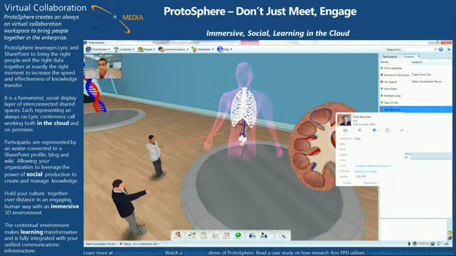So they thought, okay, hey, how can you actually make people attend a meeting, learn something, not have to travel, but still be interactive? And what they did is essentially they replaced every user that you have in Lync as a static little image with an avatar. So here on the screen, you see the avatars that are real people. Those are the pharma reps that are coming to that particular training.